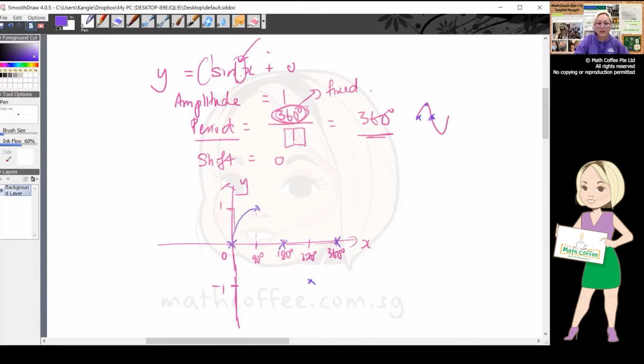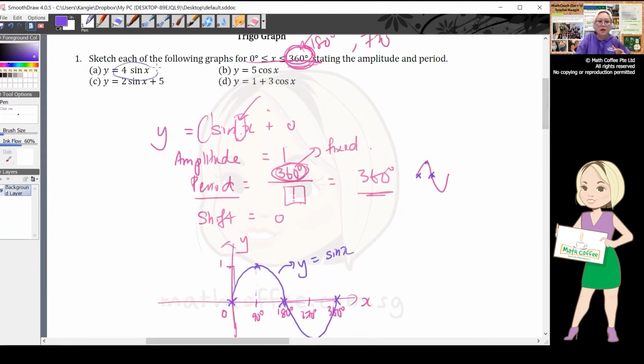So of course, it goes like that, then like that. Freehand, it's difficult to draw here. So this is how the graph looks. Then you label this as y equals sine x. This is the default sine graph, which is the basic one. Very basic one. Okay, so I'm going to remove this and then we're going to draw 4 sine